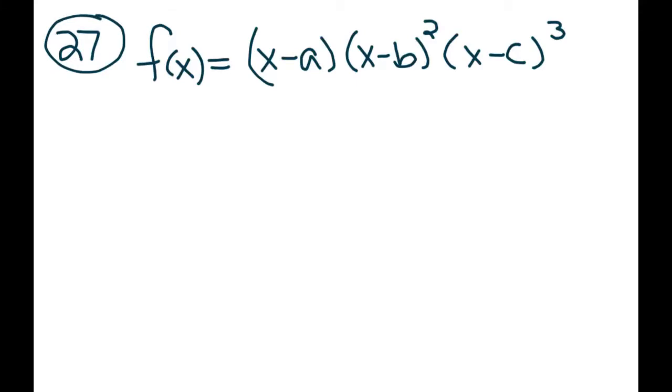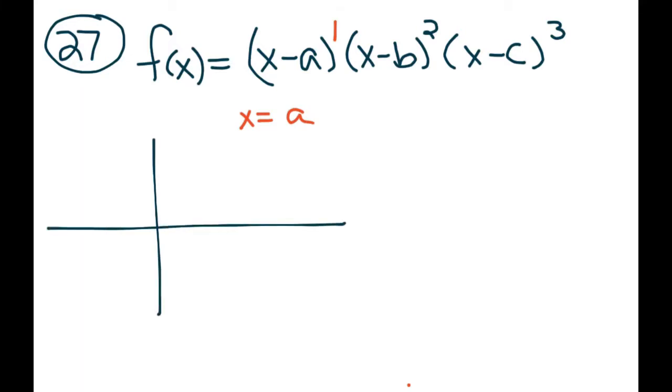Problem 27 says, what happens at the x-intercepts of f of x is equal to x minus a, x minus b squared, x minus c cubed? What is the degree of the function? Well, remember what happens at the multiplicities. So one of the x-intercepts is x equals a. But it has a multiplicity of 1, which means that if I were to graph it, wherever a is, let's say a is here, the graph would just pass right through it,